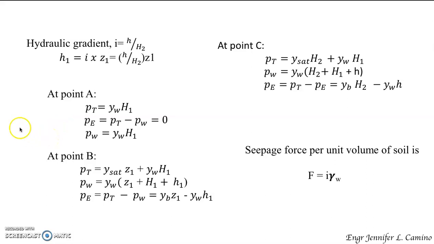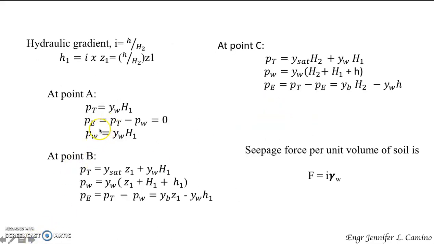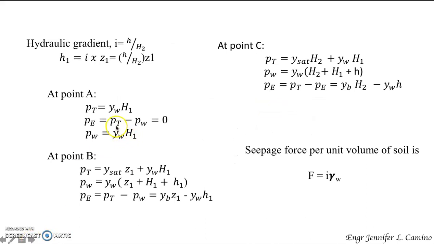And at point A, we can compute now the total stress. The total stress at point A for this illustration with the upward seepage is equivalent to H1 times the unit weight of the water. Then our pore water pressure at point A is equal to H1 times the unit weight of the water. So therefore, our effective stress would be equal to 0